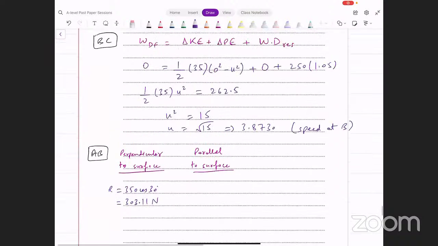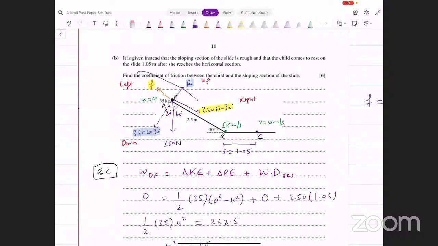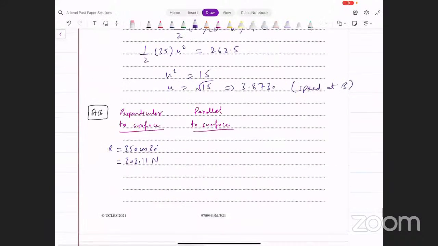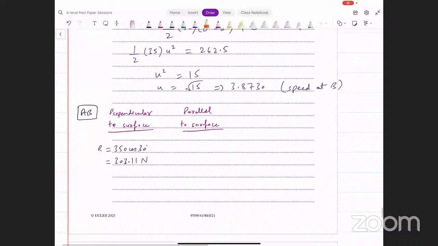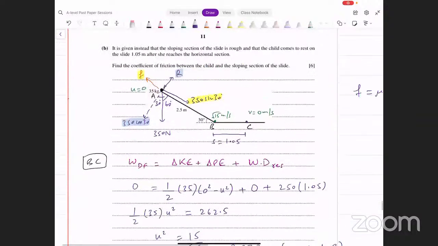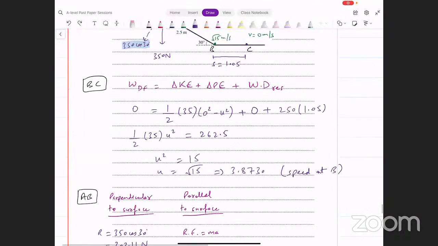What about parallel to surface now? Horizontally हमारे पास parallel to surface कौन सी forces लग रही हैं? What's the forward force? नीचे को move कर रहा है, the forward force is 350. हम यहाँ पे क्या करेंगे, जब movement हो रही होती है हम use कर लेते हैं resultant force equals mass into acceleration, or we can say the forward force minus the backward force, that equals mass into acceleration. Forward force 350 sin 30 है,